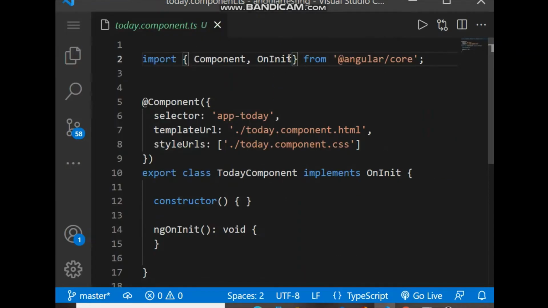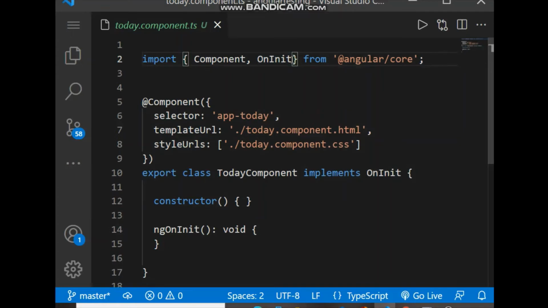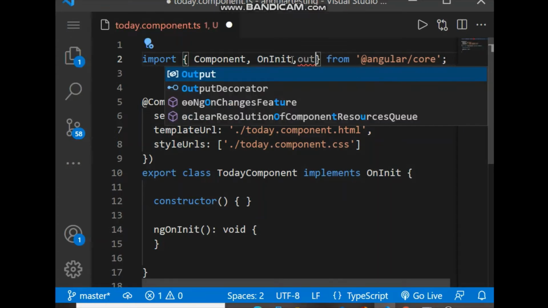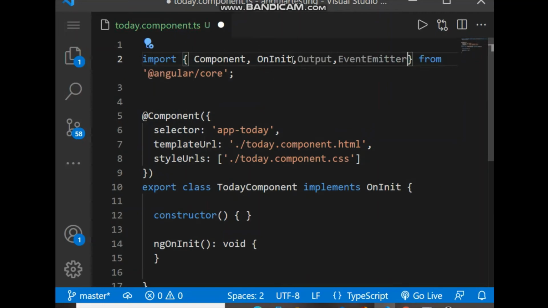So to call a method from this today component, we have to import the Output decorator and EventEmitter.